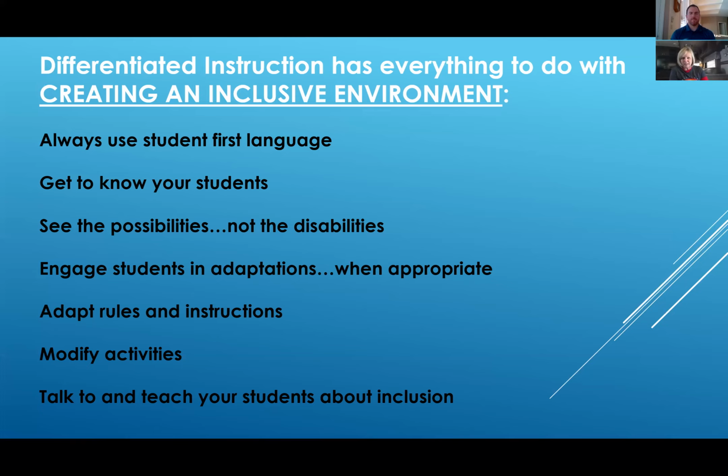You can modify the activity. And most importantly, I think you need to talk to and teach your students about what inclusion means, because they're going to have to buy into it. They're going to be a part of it. And you want them to understand and practice what it means to have an inclusive environment.